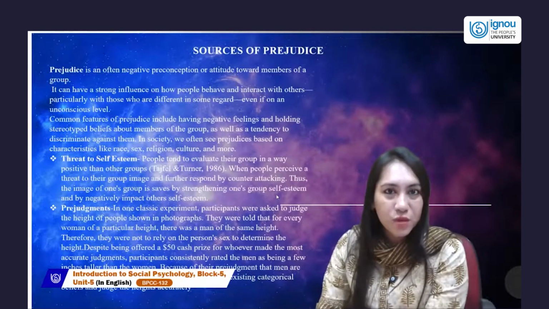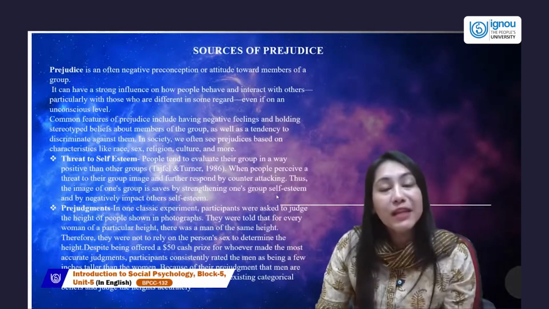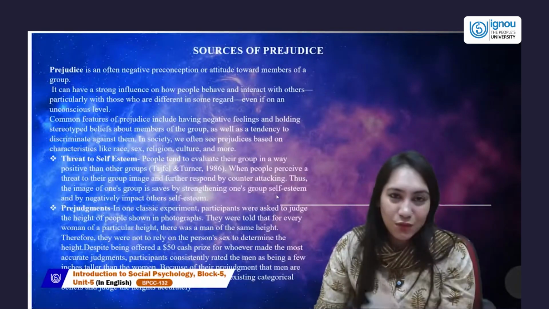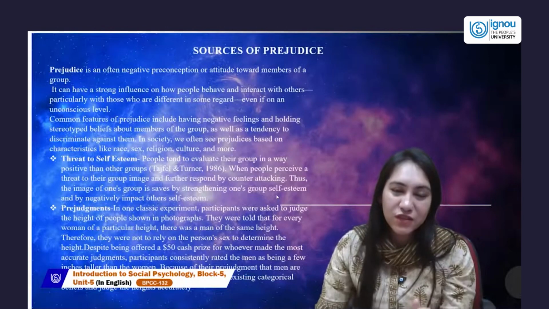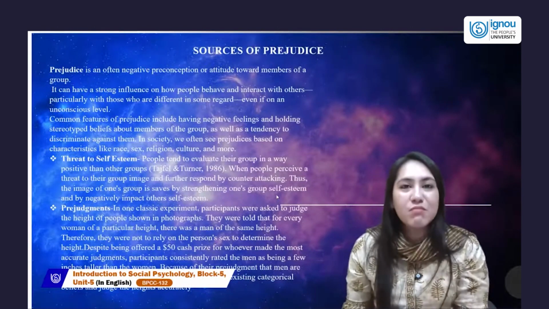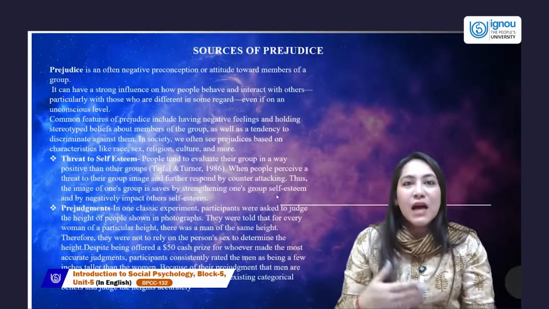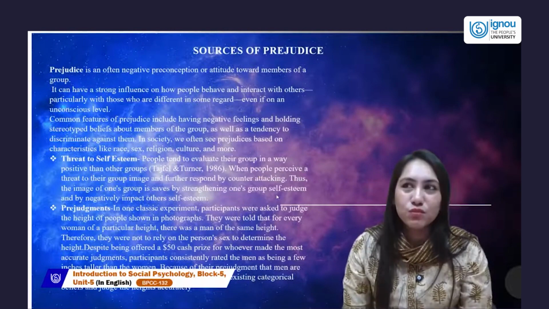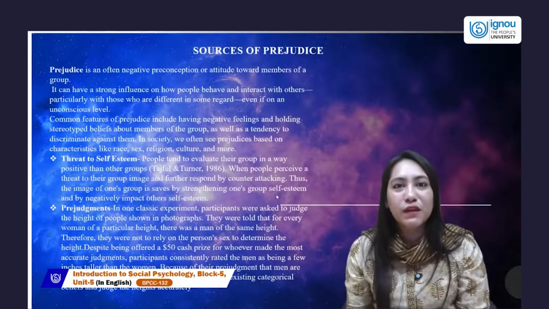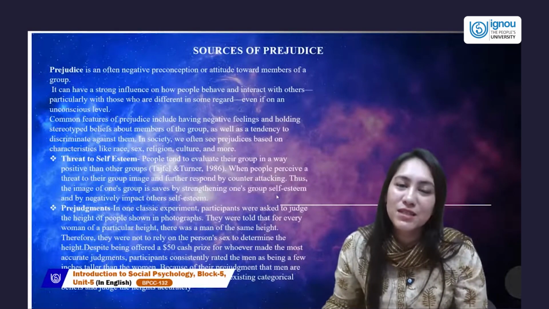If the photograph has a woman 5'4", the second woman 5'4", the man would be 5'4". Despite getting $50, they did not rate males to be of that height. They usually rated males to be taller. So this is a prejudgment, that men are usually taller in our society than women. That's why average male height is 5'7", and a woman's average height is 5'3", 5'5". Because we have already seen through statistics that the male average height is higher than women.